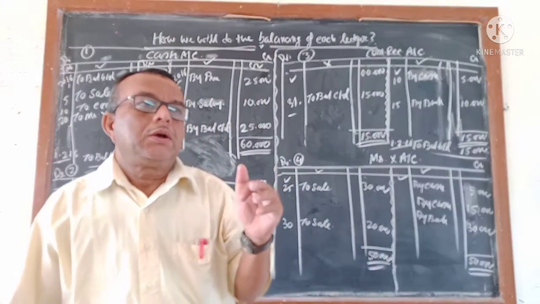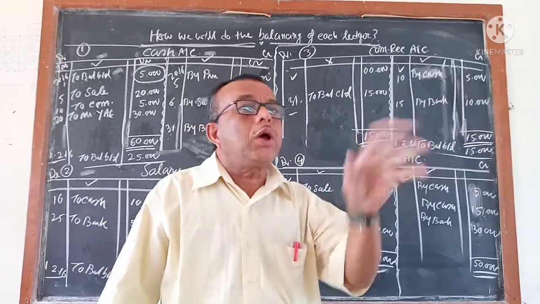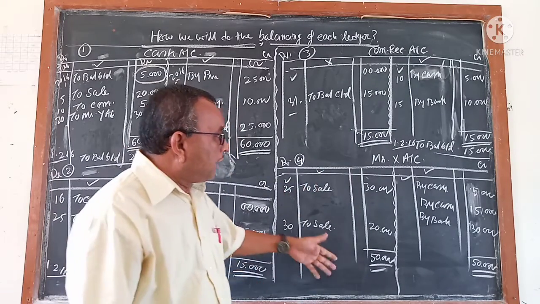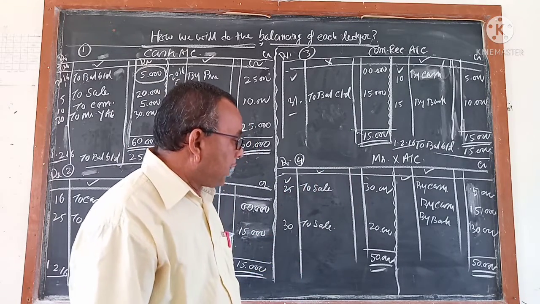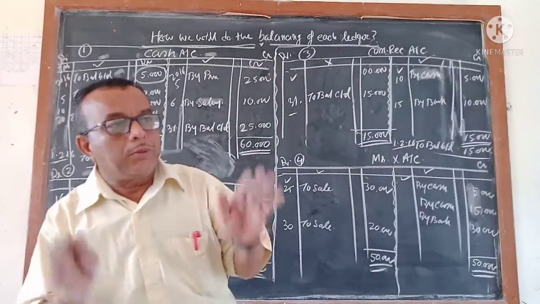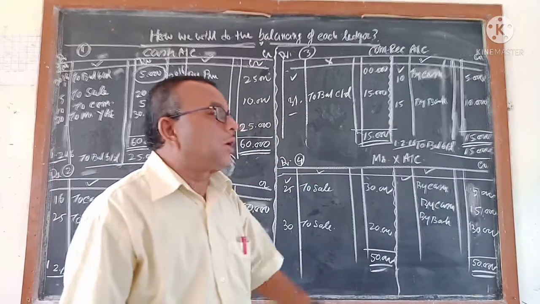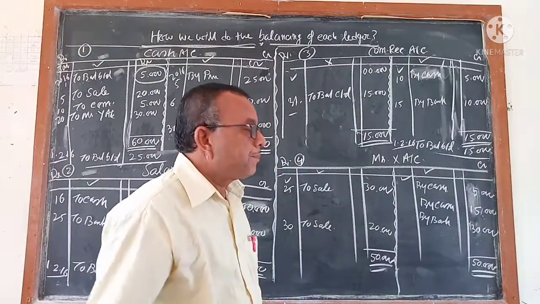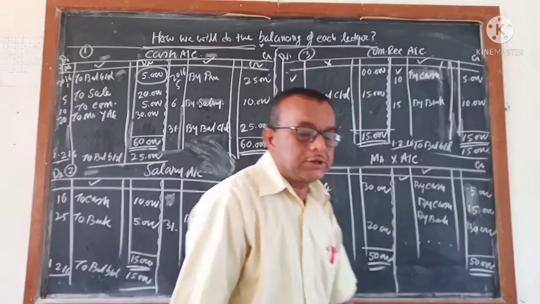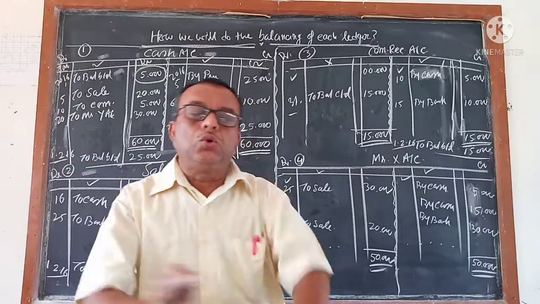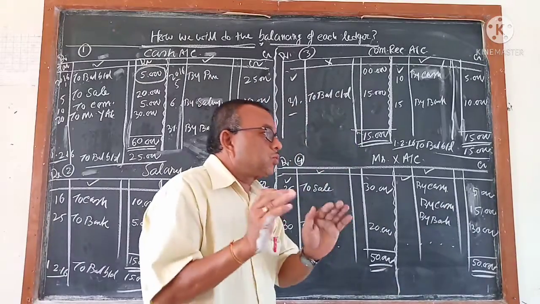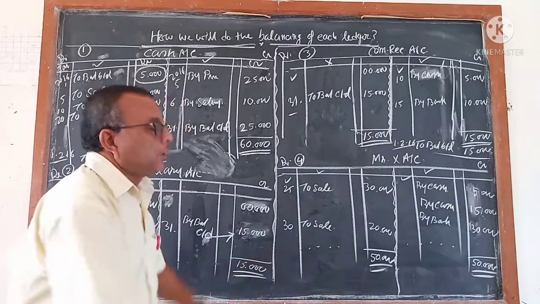If the total of the debit and the total of the credit are not equal, that is called balancing. How much is less, that is called balance. But in these situations, you cannot find out the balance. So when the totals of both the amount columns are equal, then make a total and close it. Don't find out the balancing. There we write the balancing, either CD or BD, on the debit side or credit side. That step we will not do if both the sides' totals are coming equal. If both the sides' totals are not coming equal, then only we will find out the balancing.